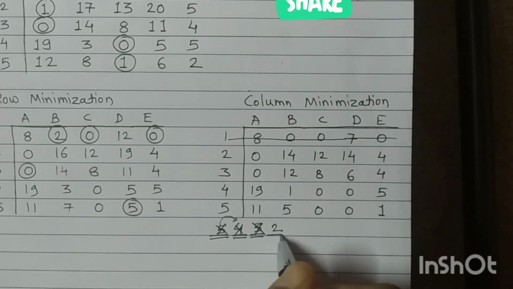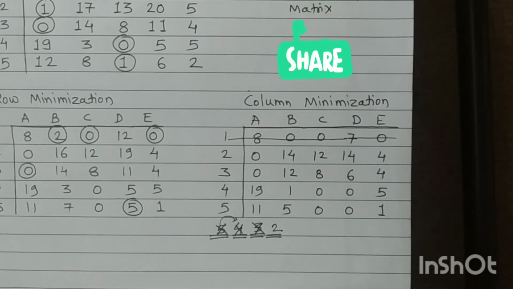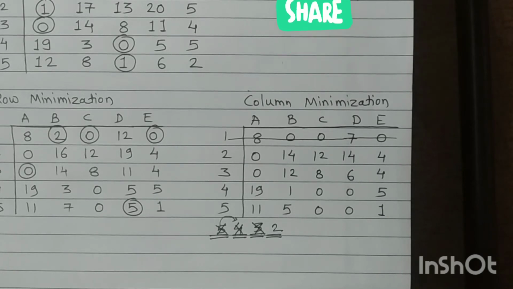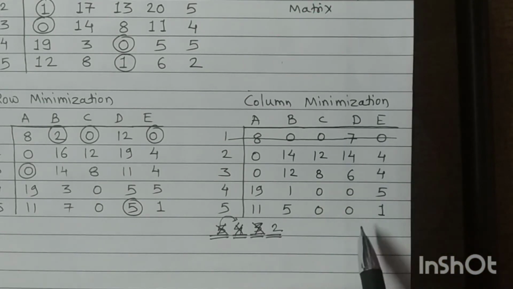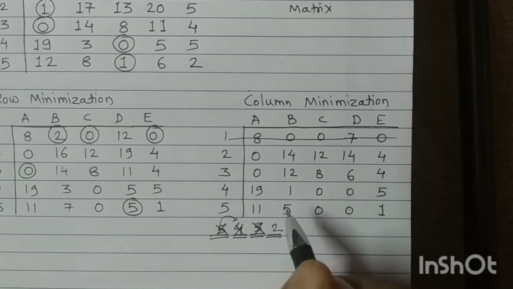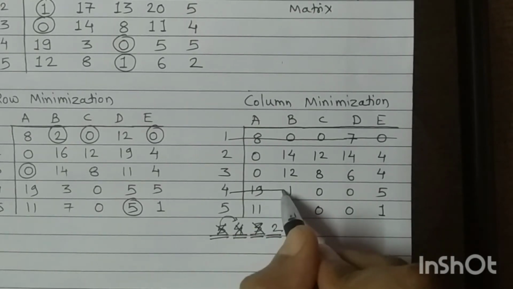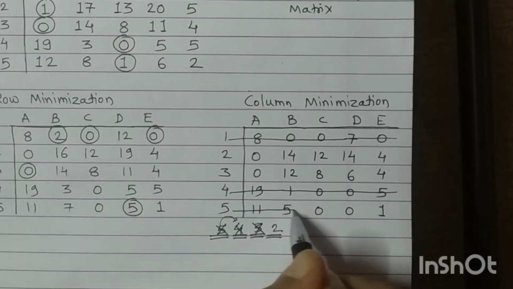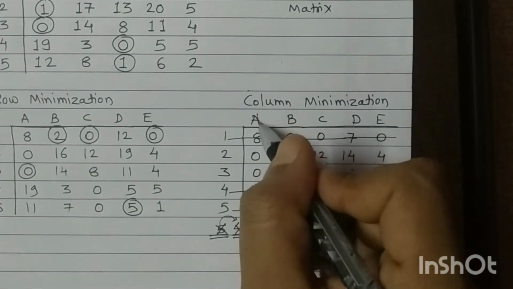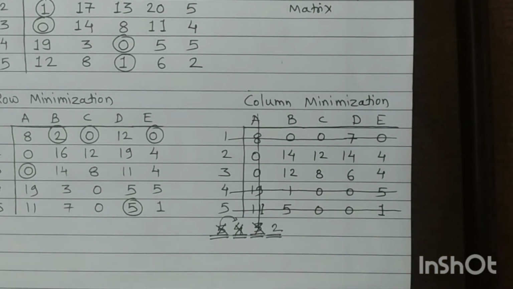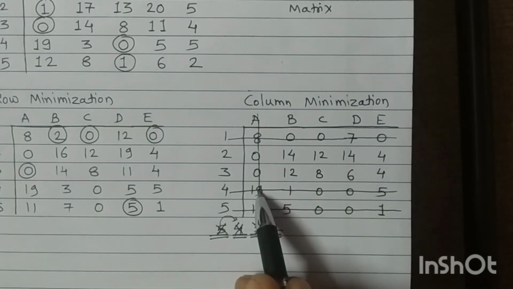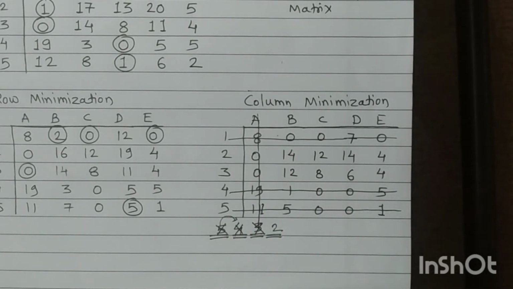So reduce this count by 1 and try to identify 2 zeros. Can you find 2 zeros? Yes. I can draw a vertical line here, also a vertical line here, and I can also draw a vertical line and 2 horizontal lines. So that depends on you. For simplicity, I will draw a horizontal line here, a horizontal line here, and a vertical line covering the zeros. Now count how many lines are drawn. 1, 2, 3 and 4. 4 lines are drawn and all zeros are covered.